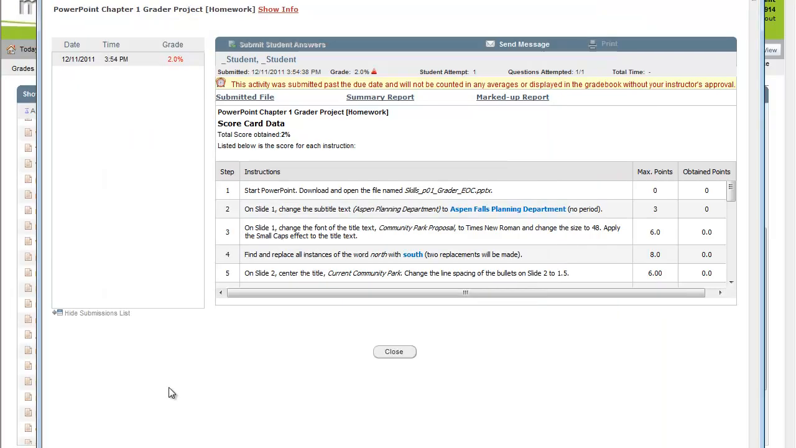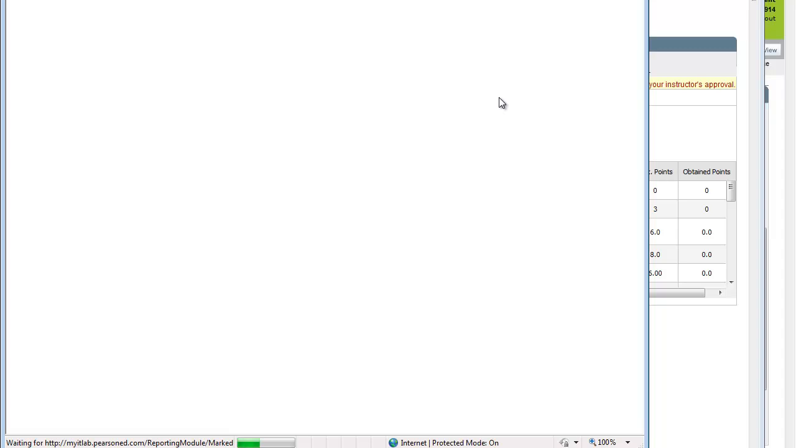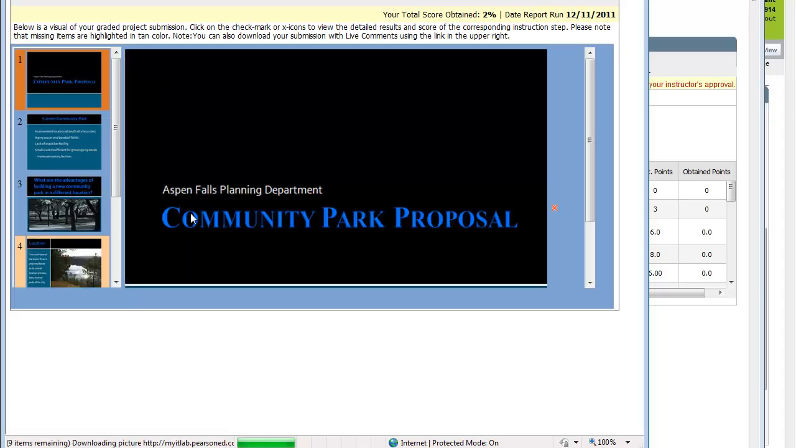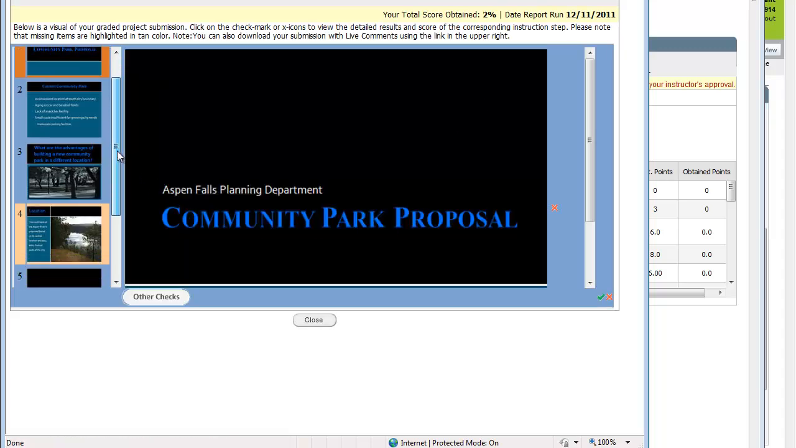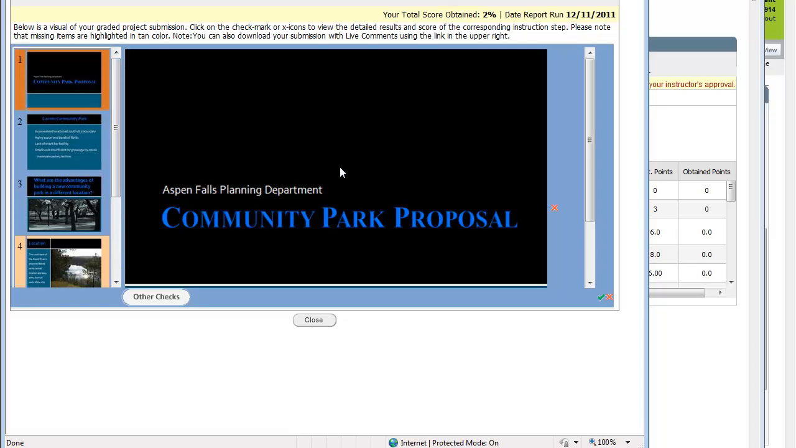The other report that I personally like best is this markup report. And when I click on here, there will be X's everywhere that you got something wrong. And PowerPoint's a little different. It's a little easier to see in Word and Excel, but you'll see here's an X and here's an X down here. So if I click on that,